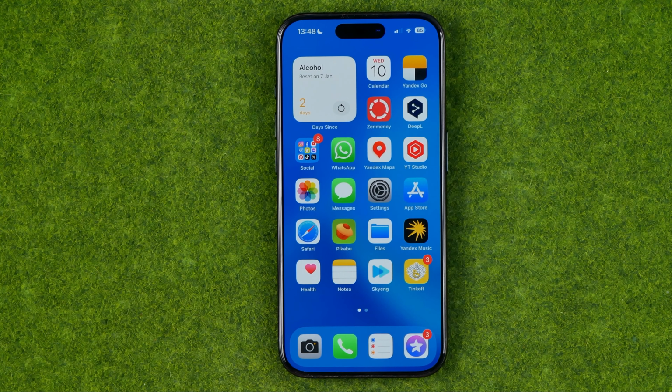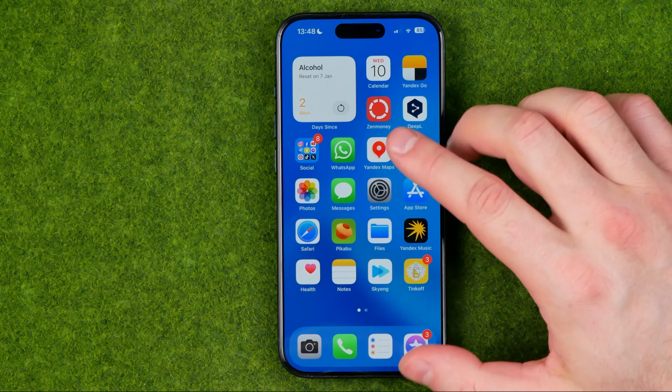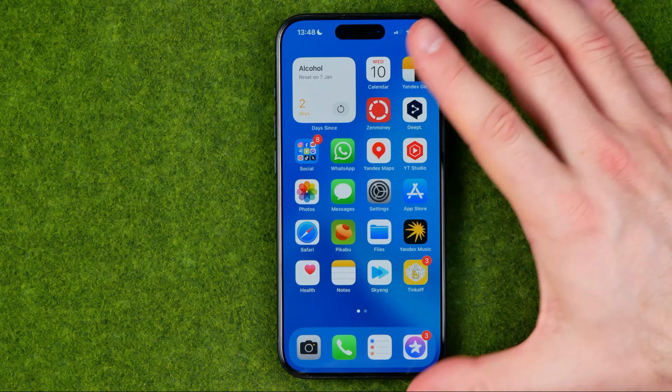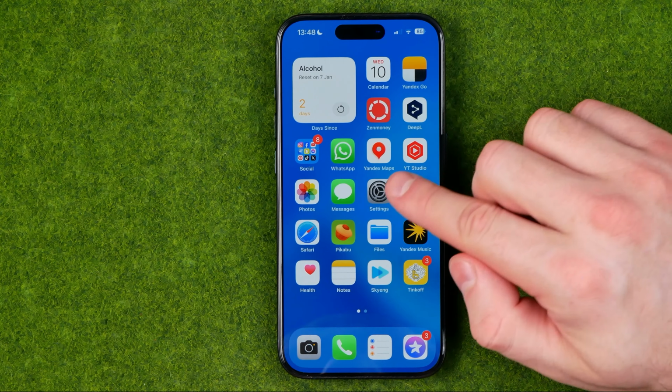In this video I'm going to show you how you can easily change location on an iPhone. Be sure to watch the video to the very end so you don't make any mistakes. Let's get started, guys. I'm gonna show you all the process from the beginning, and first off we need to